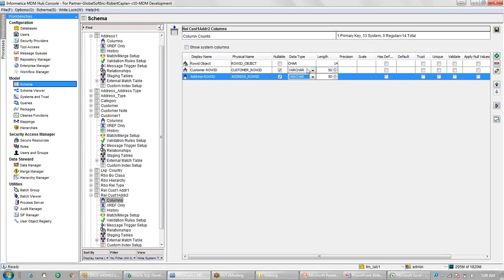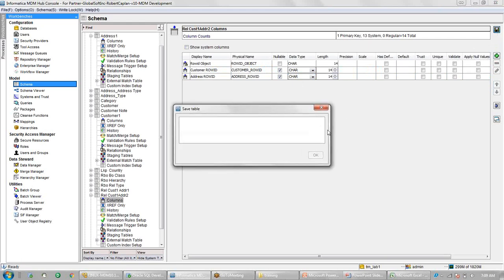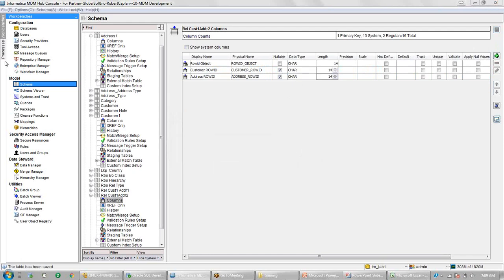So customer row ID and the address row ID, and here again I will select the column as character 14 and save this. Okay, so both the columns are created here.